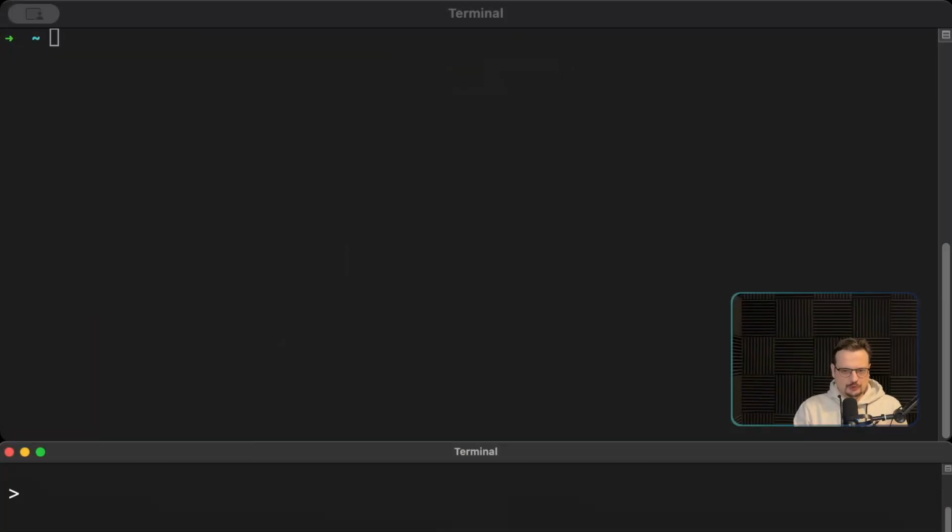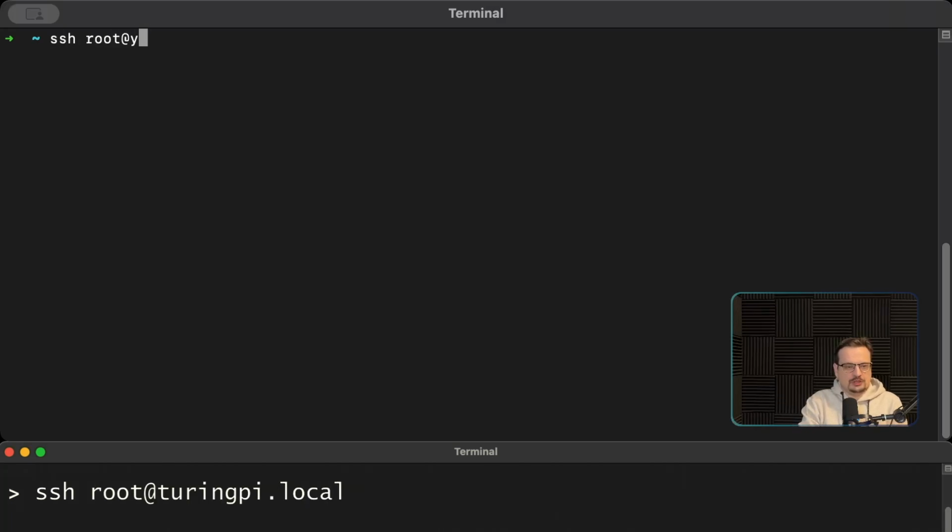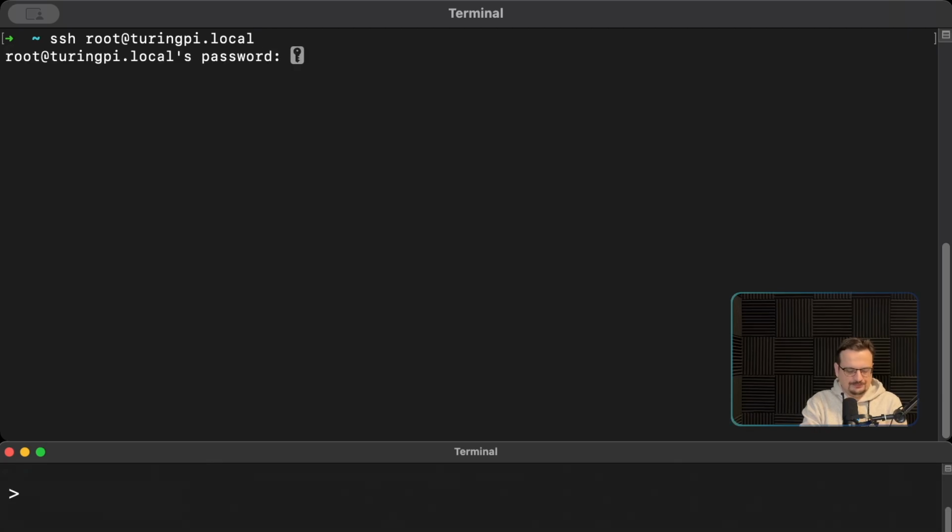Welcome to Terminal 1. At the bottom, I will put the most important commands so it's easy for you to follow along or just to scroll back and actually read the commands that you need to be using. So the first thing we're going to do is log in to our Turing Pi using the username root and the standard password Turing. Now we are in our